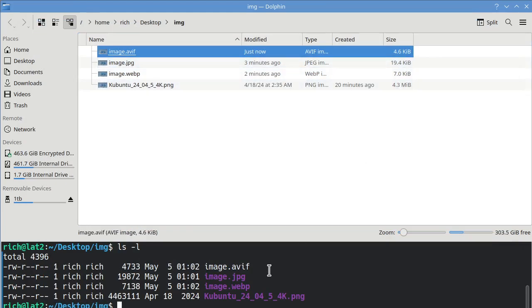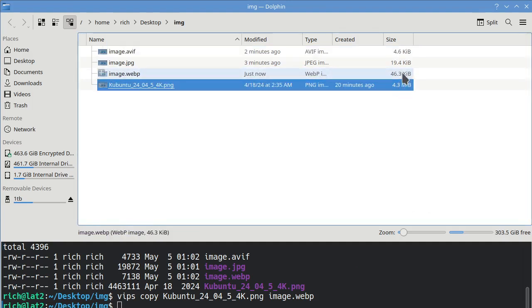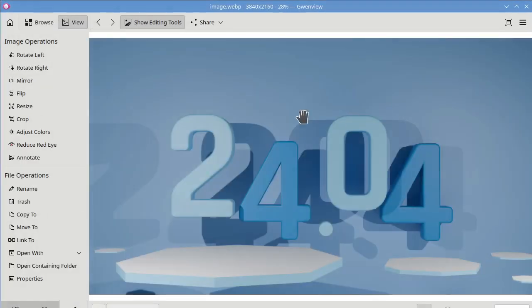And even if you stayed, let's just say I won't even do the quality reduction. I won't even do the resize on that. So we'll just do a copy from PNG to AVIF. You know what? Even just WebP. People knock on WebP. They do. But you do this and you go from 4.3 megs to under 50K. I mean, that is the promise of modern image formats right there.